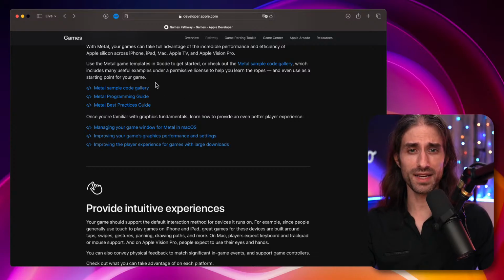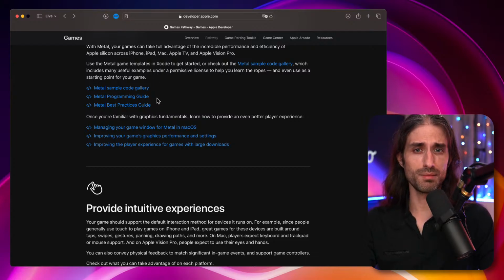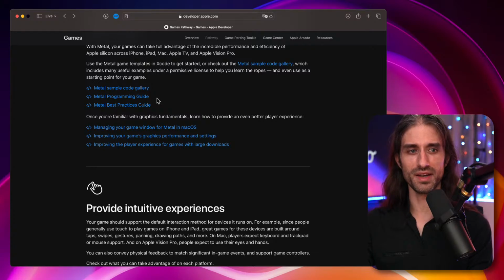But granted, there might not be any better resources than the ones they've put there, because Apple released these pages in May, so it means they probably finished making them around end of March, April, something like that. So if they had better resources, they would have put them. So it might be that it's the best resources that they have.